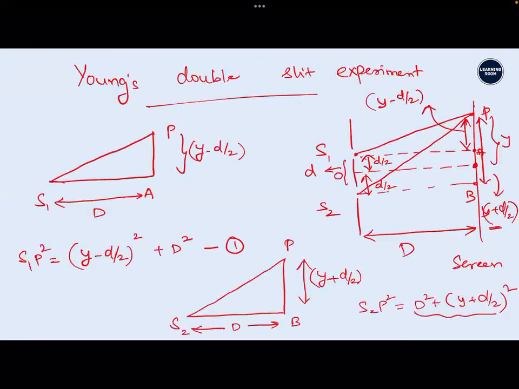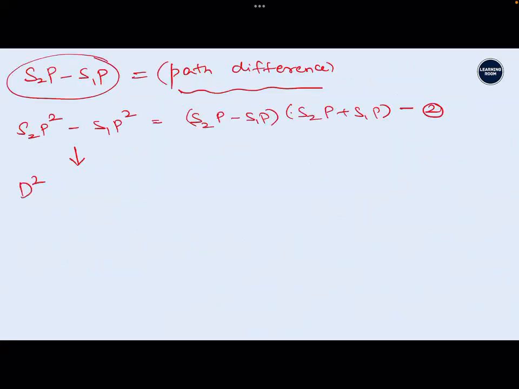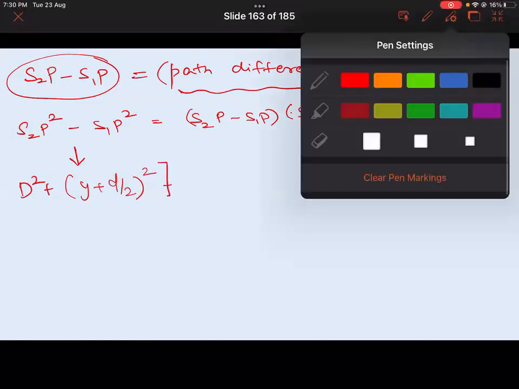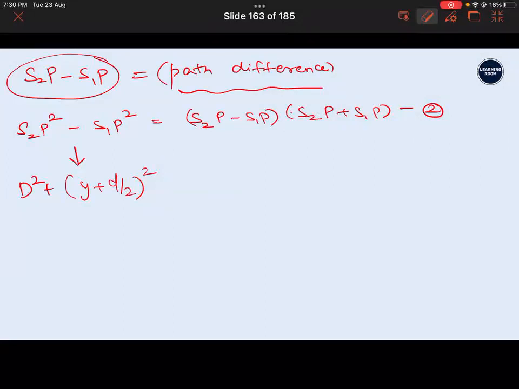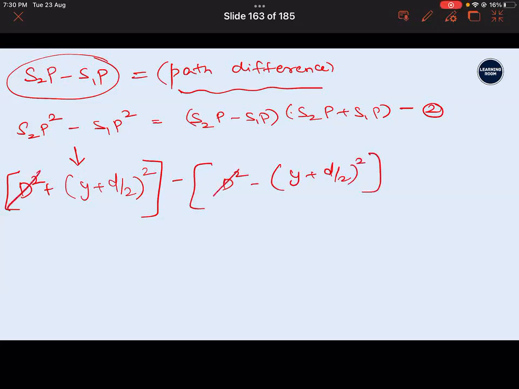S2P square is D square plus y plus d by 2 the whole square, minus D square plus y minus d by 2 the whole square. So D square and D square are gone. Y plus d by 2 the whole square minus y minus d by 2 the whole square is equal to